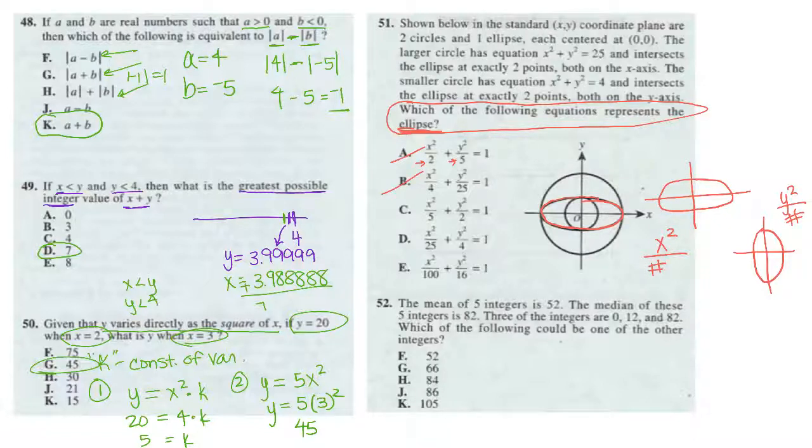Now, something else that we were told is that the larger circle has that equation. So that tells me that the radius of the larger circle is 5. This big circle from here all the way out to here has a radius of 5. Notice over here these numbers, it almost looks like it's going to be this, but believe it or not, it's going to be this one, because these bottom numbers